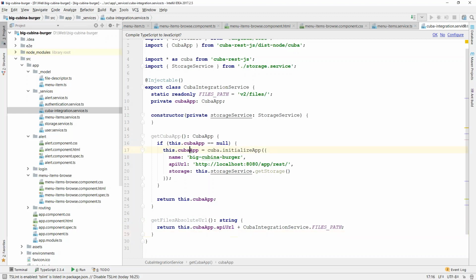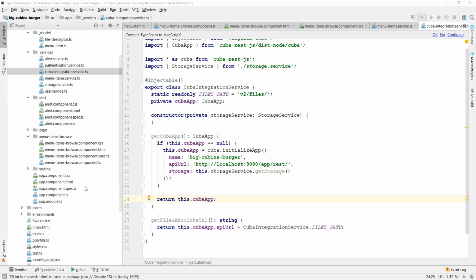Here you can see that we initialize new Cuba app and take notice of this storage attribute. Along with defining application name and API URL, we define the storage attribute by obtaining its value from the storage service. Now we need to provide the newly created menu items and Cuba integration services for all components.